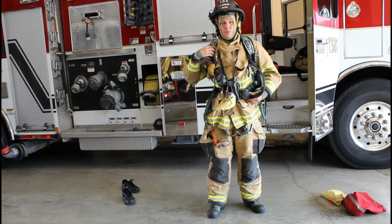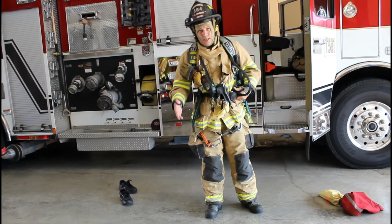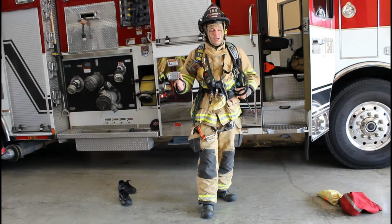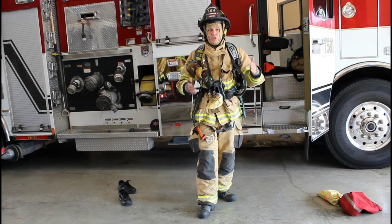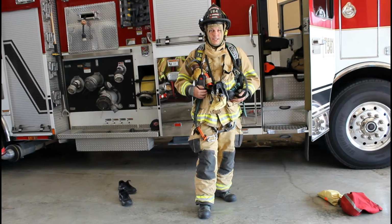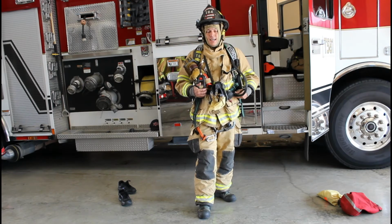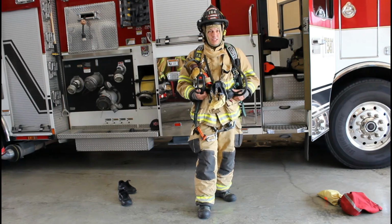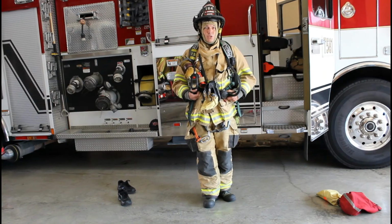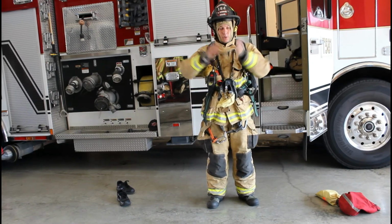So the reason we carry this with us is not so much to protect us from the heat as much as the smoke. Especially in today's modern homes and modern furniture fires. They burn about 2 times as hot as they did when it was typically wood, cotton, traditional materials. When they use polyurethane, polyethylene, all the plastics, it just burns nasty, thick black smoke with really high heat. And just about everything that burns has some sort of cancer-causing chemical in it now. So whenever we get ready to go in,